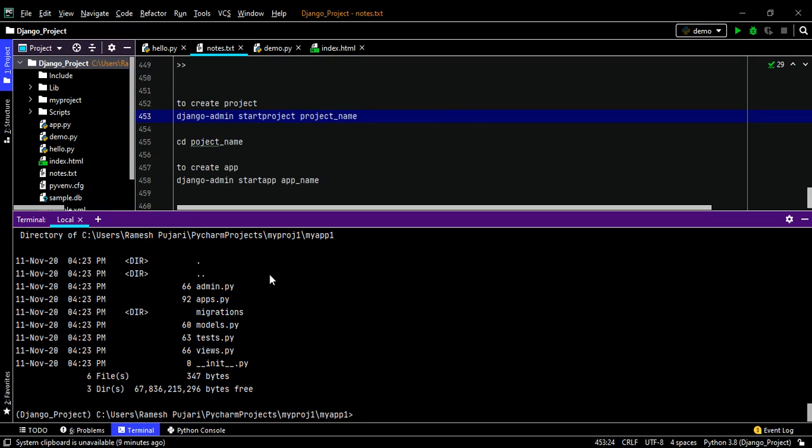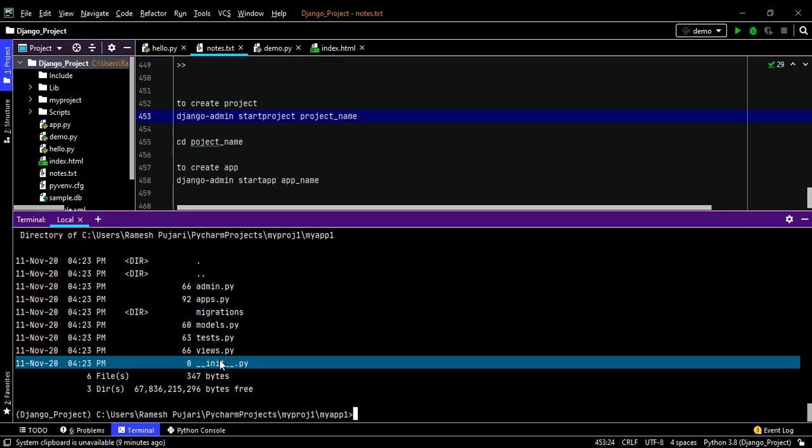You can observe, I am in my project directory. In this project directory, I have created my application. My app one is my application's name, and in it these files are automatically created. We have the admin.py file, the apps.py file, the models.py file, the tests.py file, the views.py file, and the init.py file.